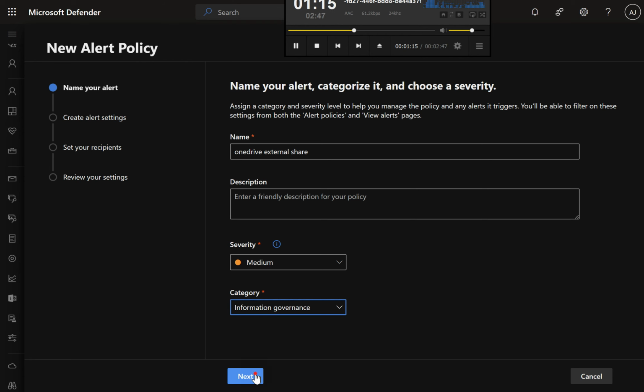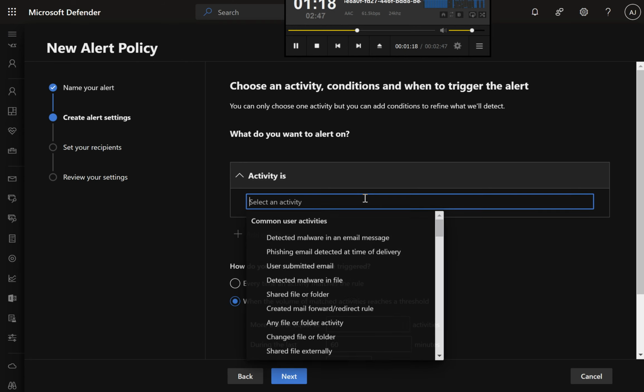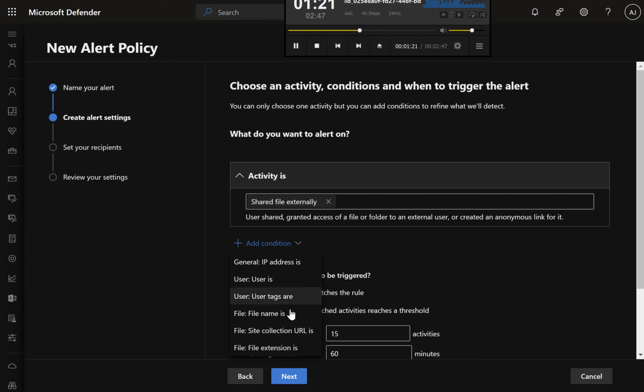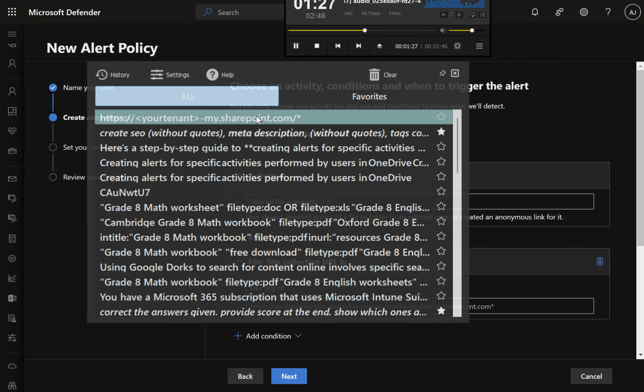5. Define the activity scope. Set activity is to shared file externally. Include your OneDrive site collection URL with a wildcard to capture all activities, such as https://my.sharepoint.com/